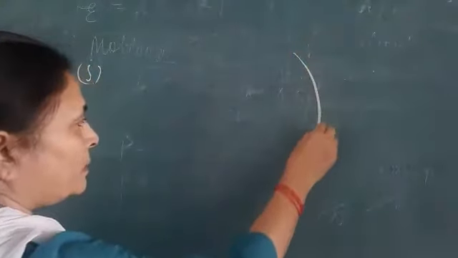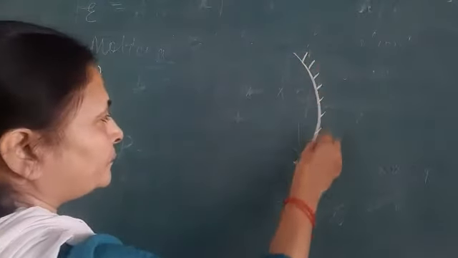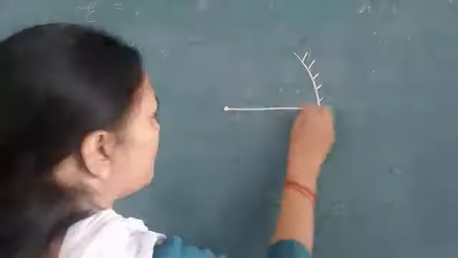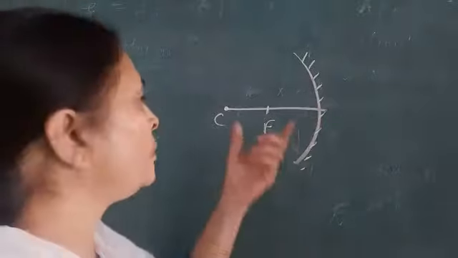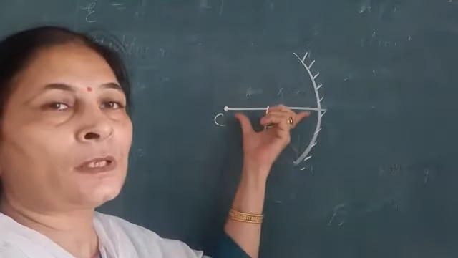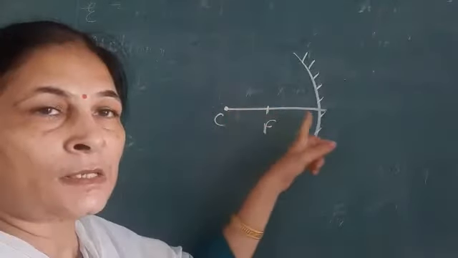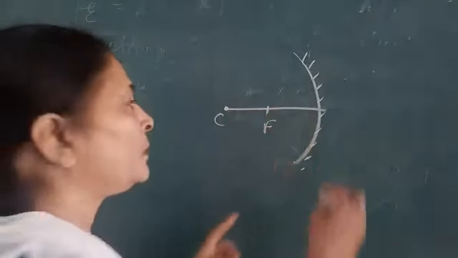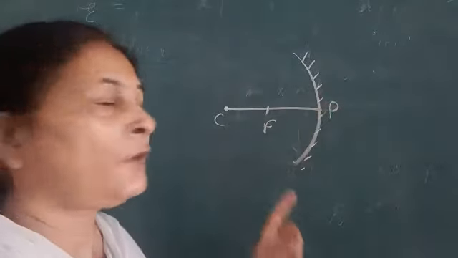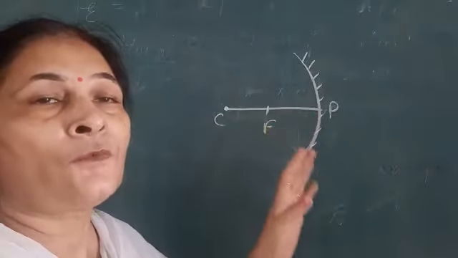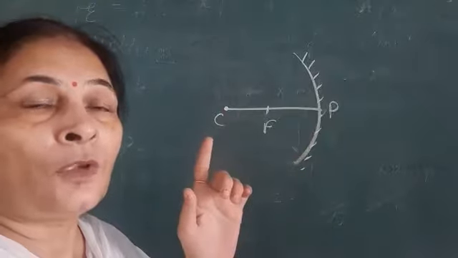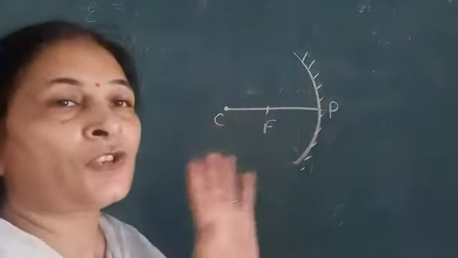See, I'll draw and then tell you. So first of the rules is, suppose this is the concave mirror. Certainly it will have a center of curvature and focus. You'll measure it and then draw. Suppose you have taken center of curvature as 5 centimeters or 6 centimeters. If you are taking it as 6 centimeters, your F will be at 3 centimeters from the pole. And if you have taken it as 5 centimeters, then focus will be at 2.5 centimeters from the pole. This you have to keep in mind, and you have to plot these points after measurements.